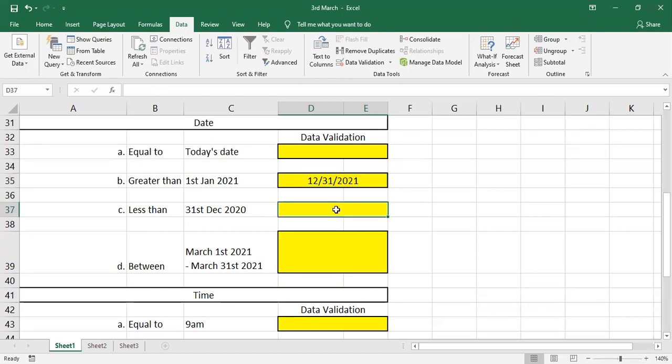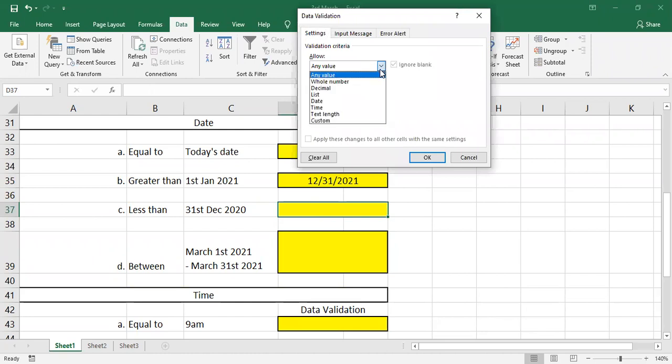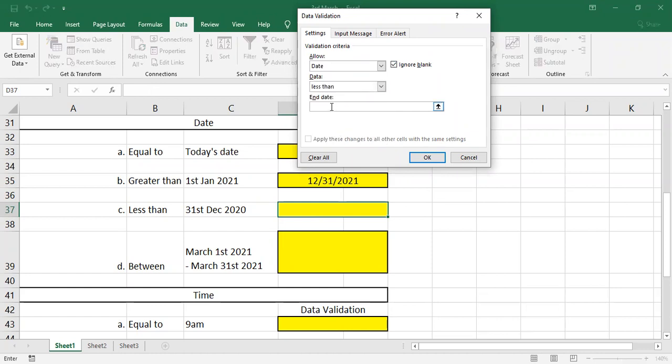So here I'll give less than 31st December 2020. It should not accept greater than this. Okay. So what we need to do? Data validation. Here you need to select what? Date. Then what is the condition here? Less than this. Less than means I'll give less than. End date should be what? In which format I have to give?